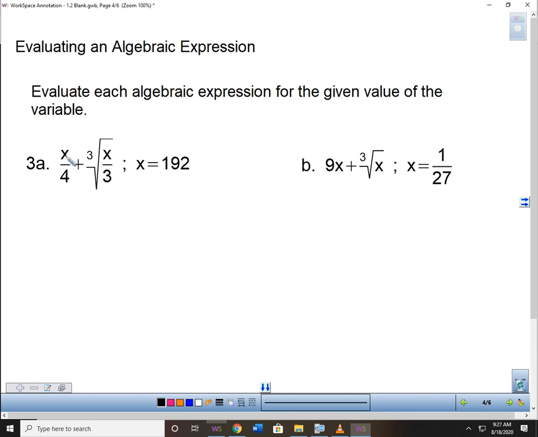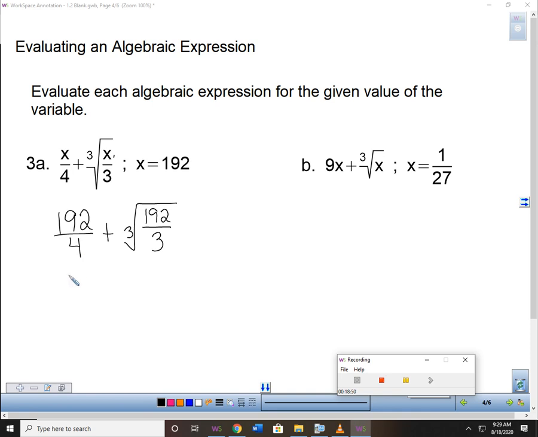So everywhere that we see an x, we're going to plug in 192. So up top here for this x, 192. And then underneath on top here, 192. Now, will 192 divide by 4? All right, it's 48